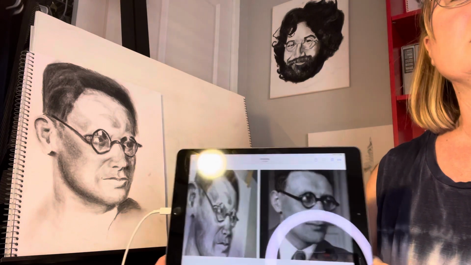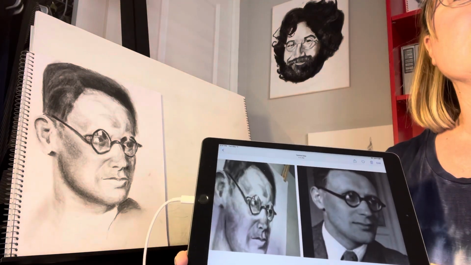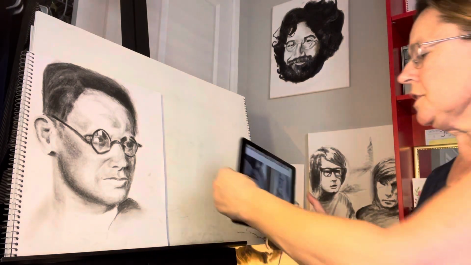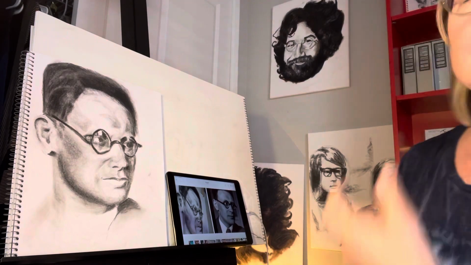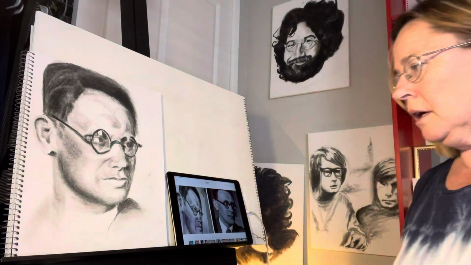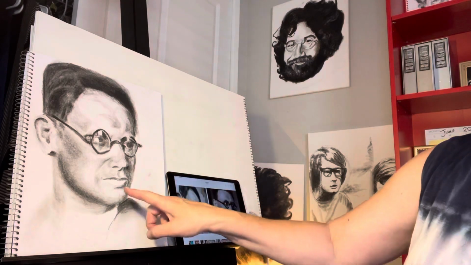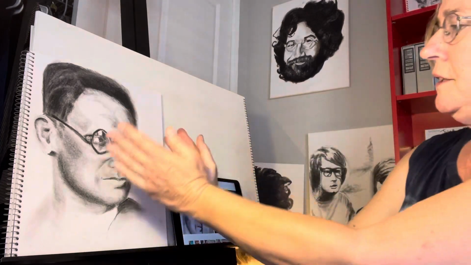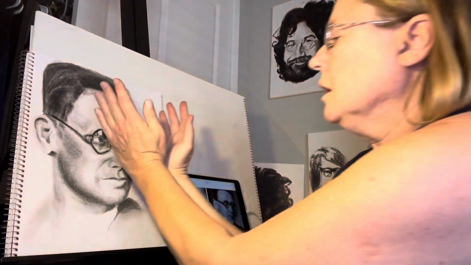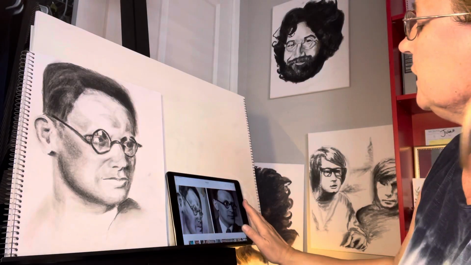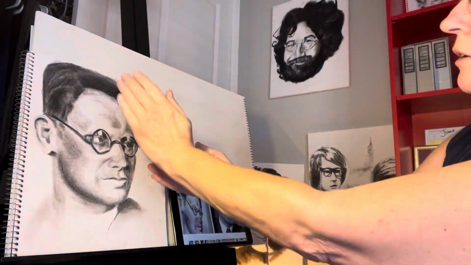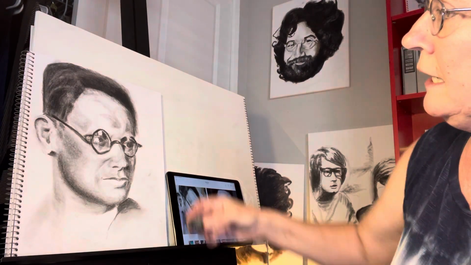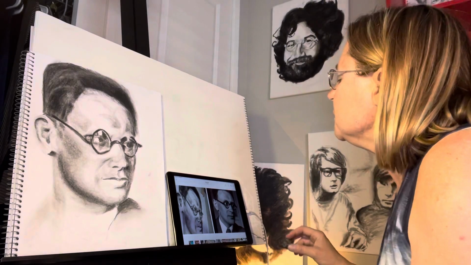You can see how they measure up together. So it just kind of helps me to see what's working and what isn't in this face. Okay, so one of the things that I'd like to do something about is that somehow there's like an overall difference between this and this, and it's like the angle of the head or the way it's tilting back, and no matter what I do to this picture, I can't seem to